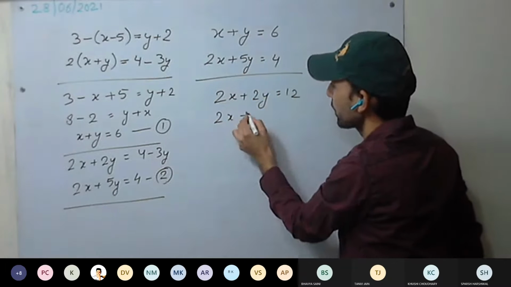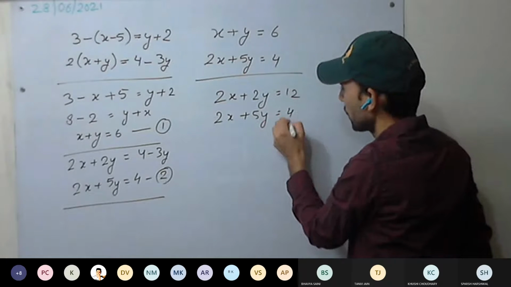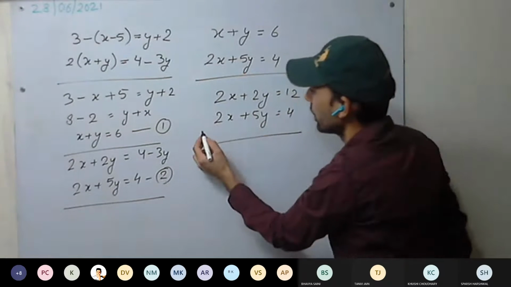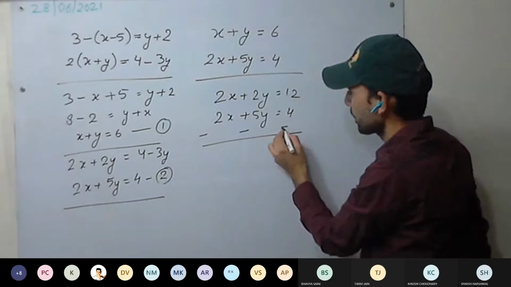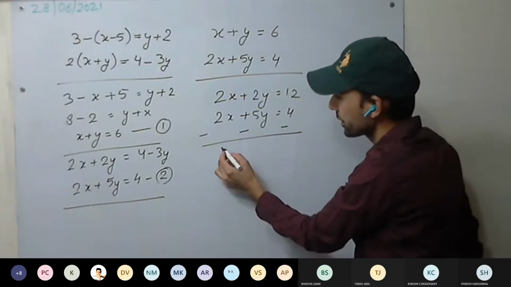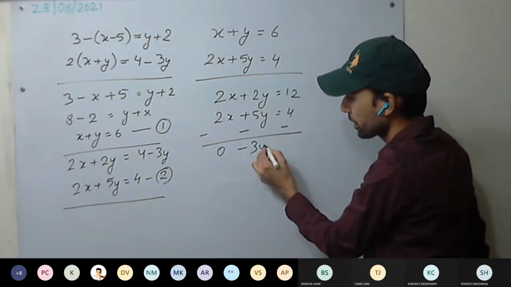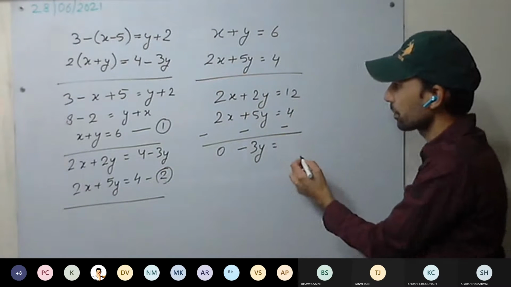And here we have 2x plus 5y equal to 4. Now subtracting the second equation from the first. Minus, minus, minus. 2x minus 2x, 0. 2y minus 5y, minus 3y equal to